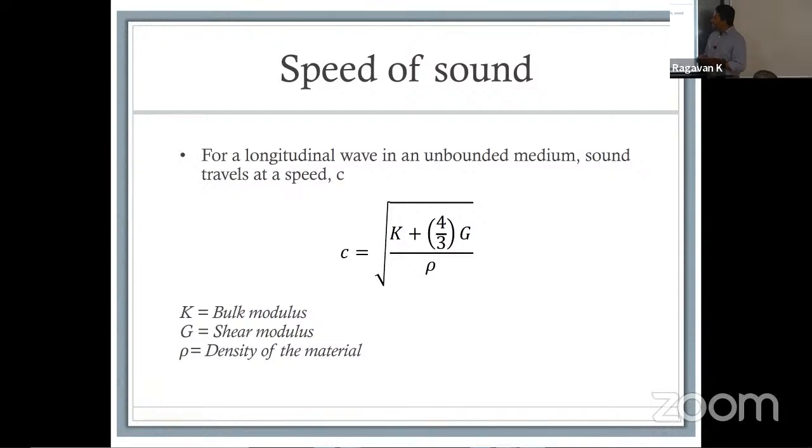If you talk about the speed of sound, you can calculate the speed at which sound is going to move as a function of bulk modulus. You might remember equations from elasticity that you looked at perhaps back in the day. Then you have shear modulus, and then you have the density of the material. So it does matter where you are trying to evaluate or where you are looking at the presence of sound. What is the material? If you have dense air, or if you have water which has a colloid in it, all of that changes how that noise propagates.